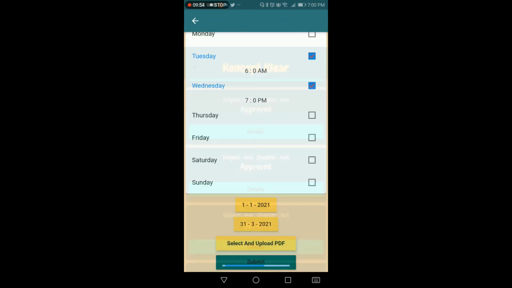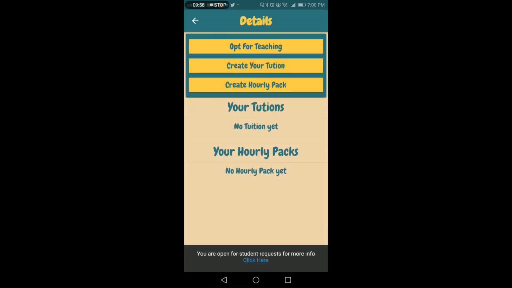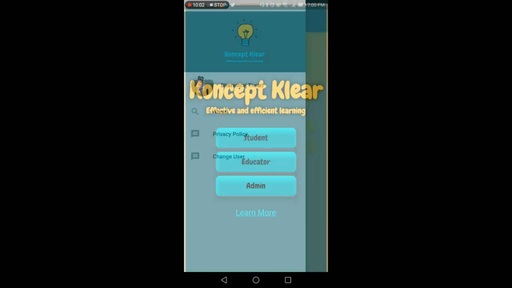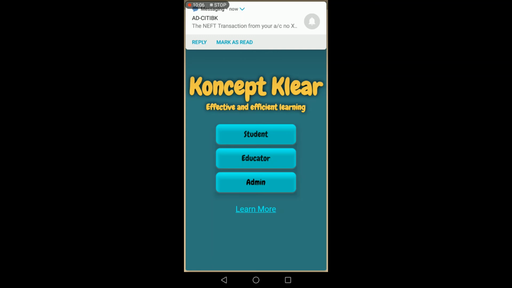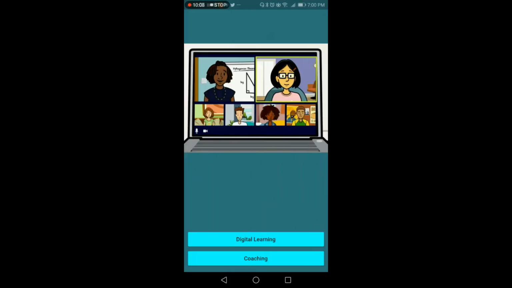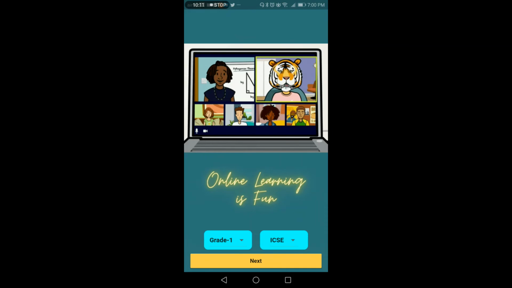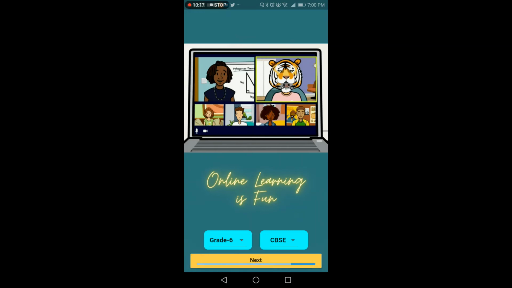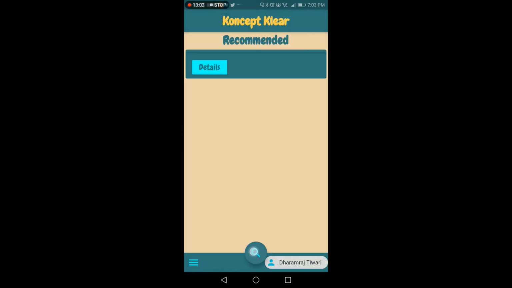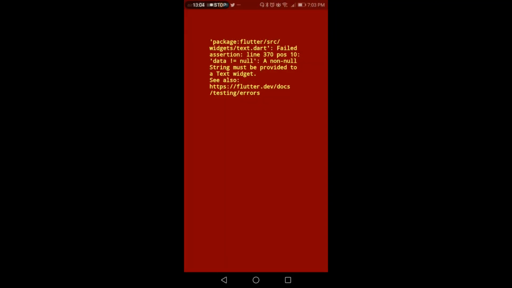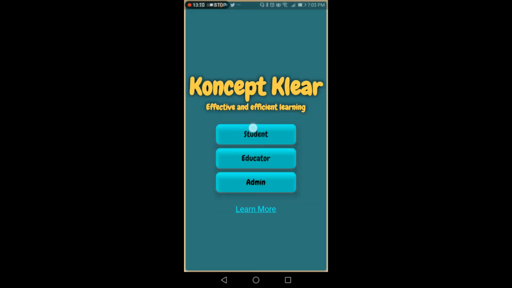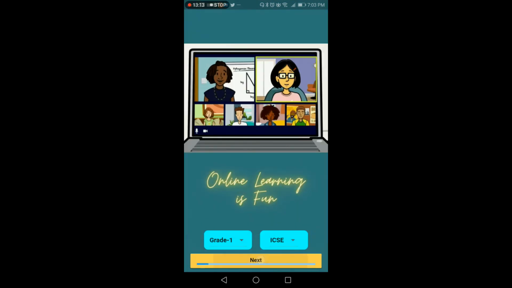So I'll just show quickly what the user experience is for the students when they open your batch. So when the student logs in, they also go to digital learning, and then grade 6. Okay, I'm doing some testing, so I will take ICSE grade 1.